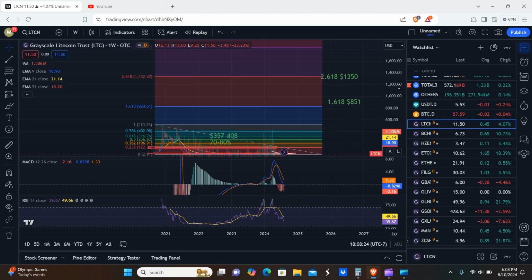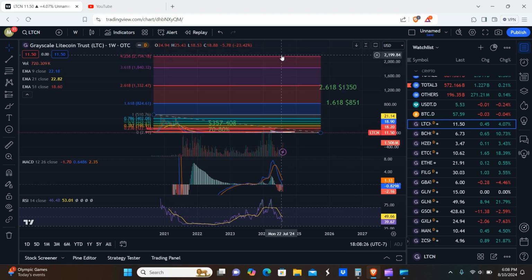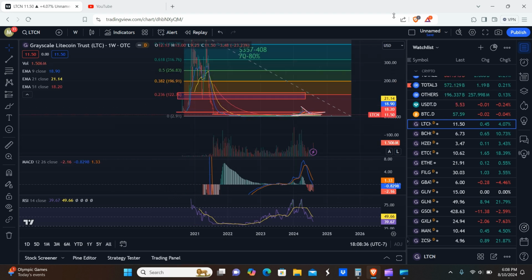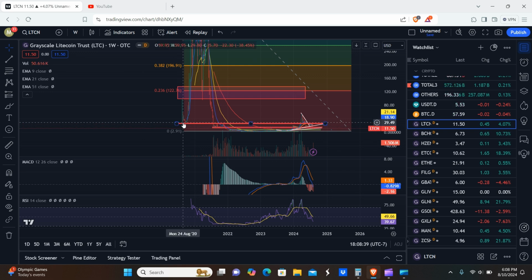So this is kind of the big picture, okay? Now, I don't necessarily know that it goes up to these highs, but this thing did go basically from what, $20 up to $510 or whatever it was. Let me see if I can actually figure out where that bottom is. And again, this price action was already in play after the previous Bitcoin halving, so we didn't actually get to see a bear market bottom in 2020 for LTCN because it didn't yet exist before the halving. So the price probably actually would have been quite a bit lower. I would wager probably the price might have been somewhere maybe between like $5 to $10, something like that.